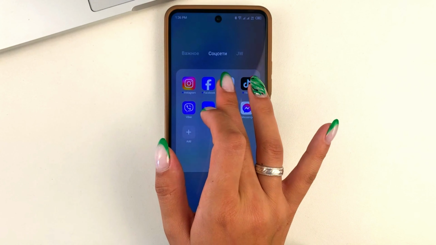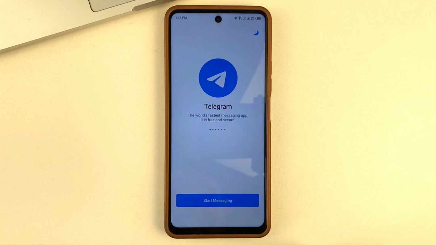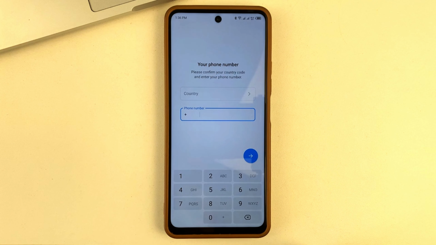Next, folks, open up that app and you'll be taken to an initial page like this. You will need to click on Start Here. Then enter your phone number, which is already registered in the Telegram application.